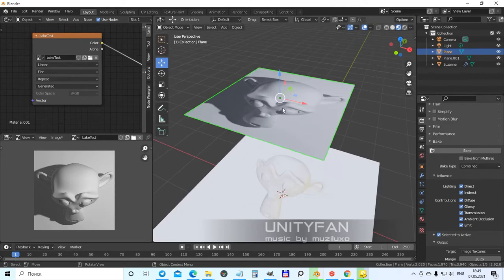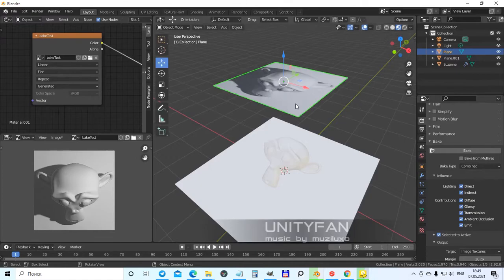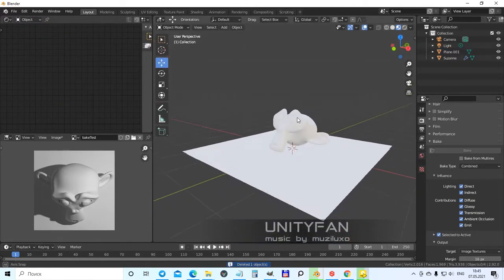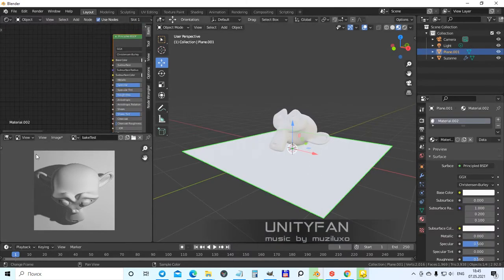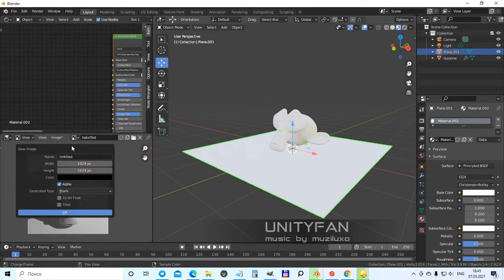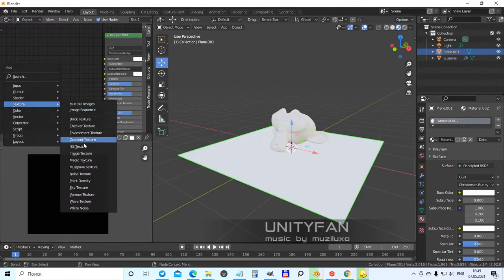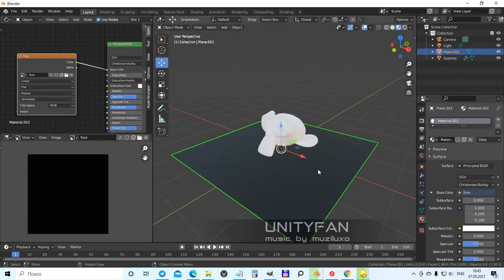This is the good way. This method is a good way to bake textures for a baked scene. For example, you have a floor, and let's create a new material, and let's create a new texture. Floor. Okay, and we take that texture, assign it to the material, and